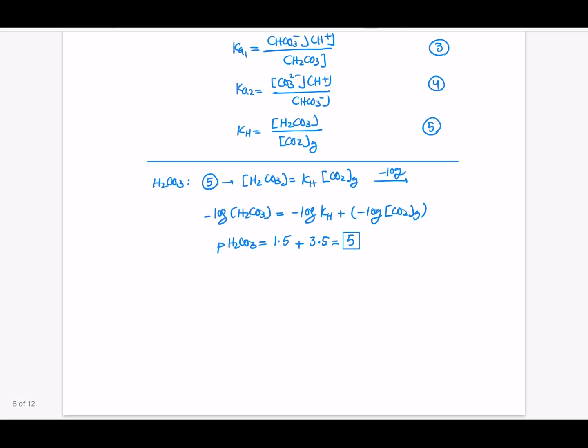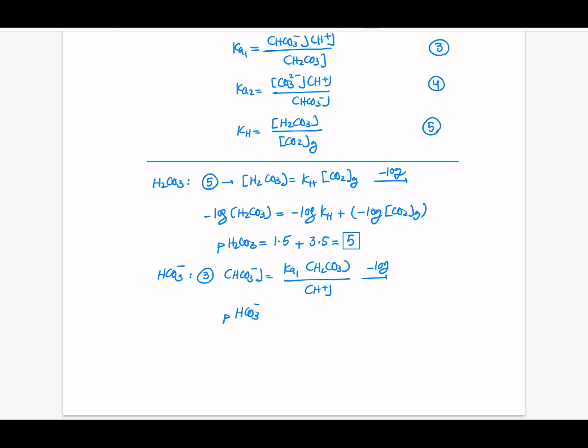So again, if we have any question about how we're doing this, lecture 9 would be a good reference. So the rest would be pretty straightforward. For HCO3 minus, we use equation 3, then it would be HCO3 minus equal to Ka1 times H2CO3 divided by H plus. Then if we do minus log and do all the conversion, then it would be